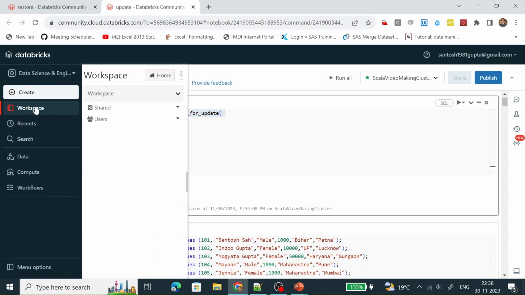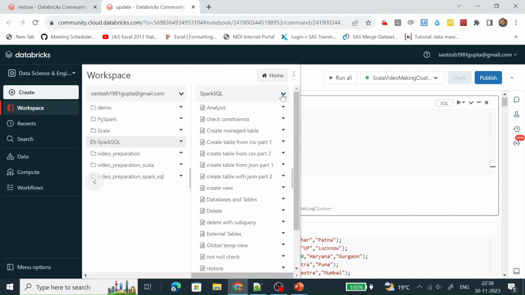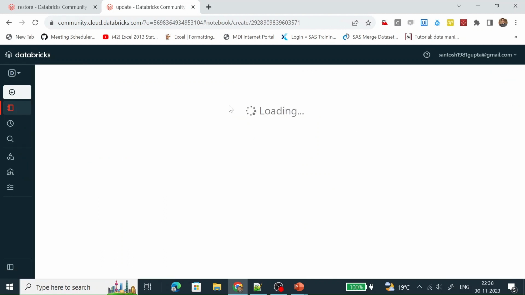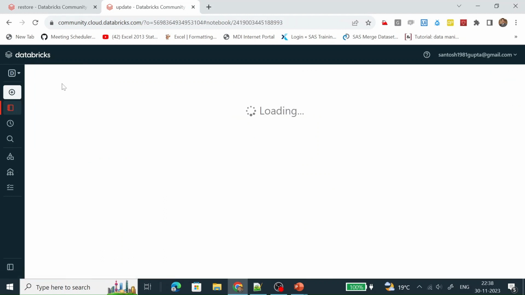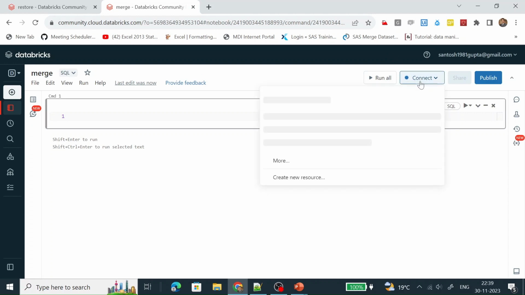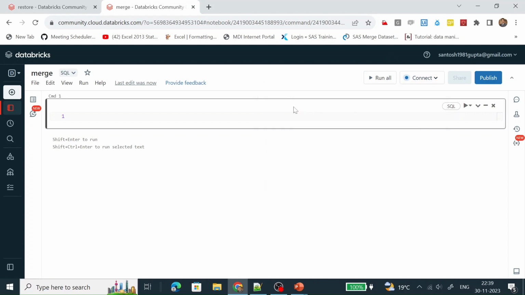Let me copy the code. Okay, first let me create a notebook. This is merge. Let me connect this notebook with our running cluster.